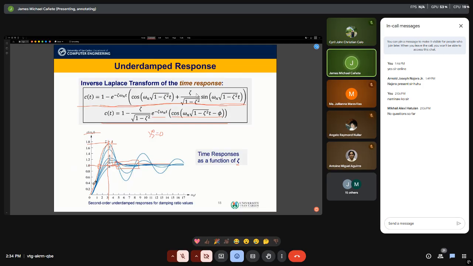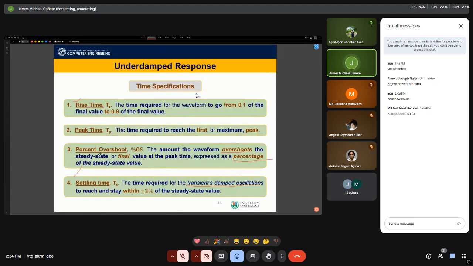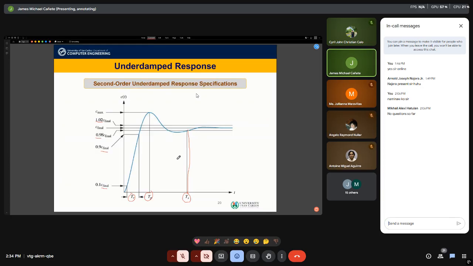So the overshoot here is very critical in design. The second half of control systems is design. So at this analysis point, we already consider it. So those are the 4 time specifications we want to calculate from our second order transfer function. This is a general second order underdamped system. It is highlighted here. If you want to get TR, we need to get 0.1 of our final value, to 0.9 or 90% of our final output.